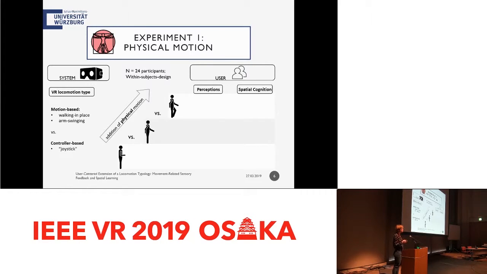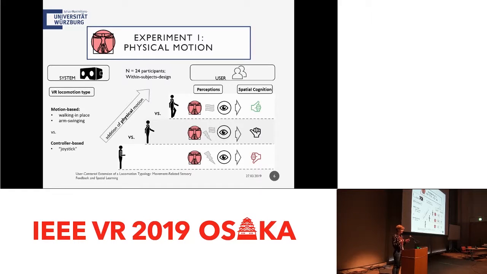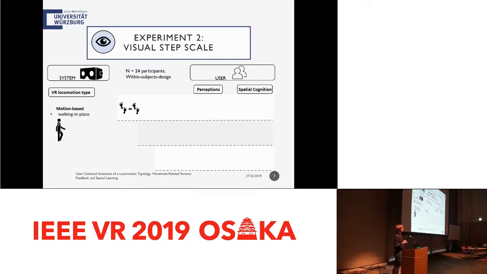And we expected the increase of physical motion to lead to an increase of the overlap between the physical and the visual locomotion cues, and therefore to lead to an increase of performance in some spatial cognition tasks that we set up for the experiment. In the second experiment, we varied the visual